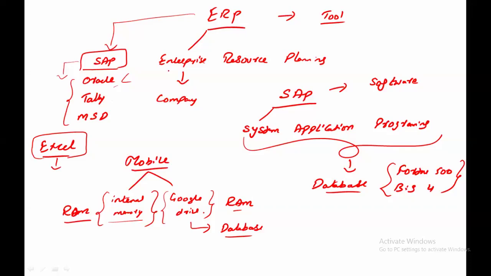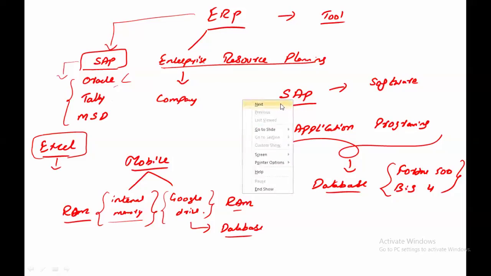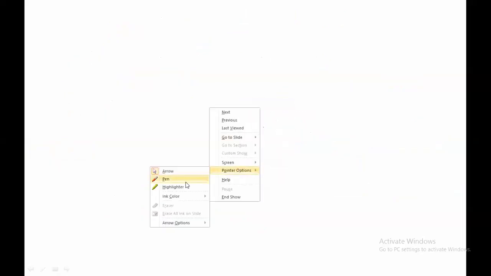Okay, so we discussed enterprise resource planning. We understood what is ERP. We also understood what is SAP and why SAP came into picture in the market. Now let me speak something regarding what are the versions of SAP, when SAP got started, how SAP got advanced in every year. Let me take it very small. I don't want to explain each and every level.